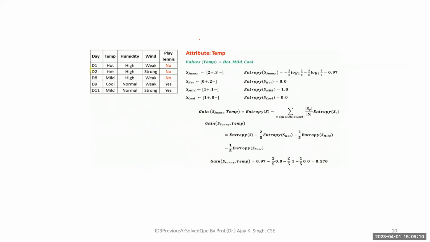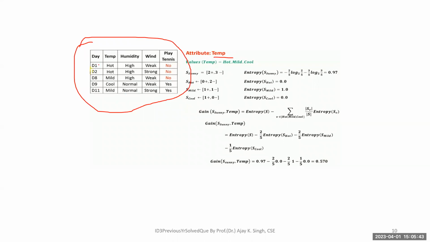Now we are going to take this temperature. You are able to see that outlook is missing because we have already taken outlook as the root node. Clear? And which attribute are we going to take? Temperature. In the same way, we are going to calculate for this particular table, and the table size will go on decreasing. Clear? Why?